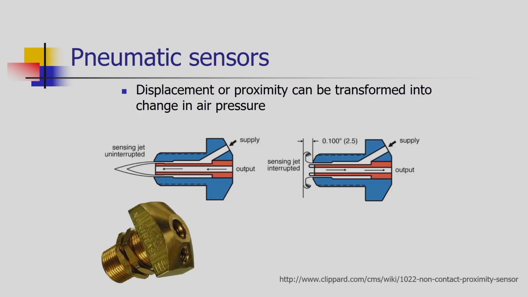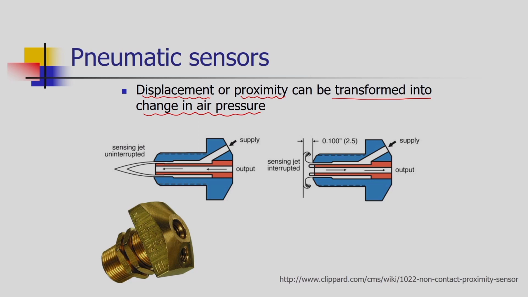The next sensor is a very useful sensor in automation. It works with the help of pneumatic energy. Compressed air is in general used. It is used to measure displacement or to detect the proximity of products or objects. Here the principle of operation is that the displacement will be transformed into a change in air pressure, and that change in air pressure generates the signals. Those signals can be utilized for our decision making.